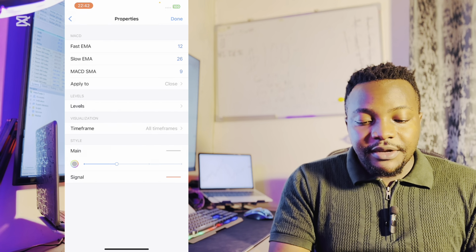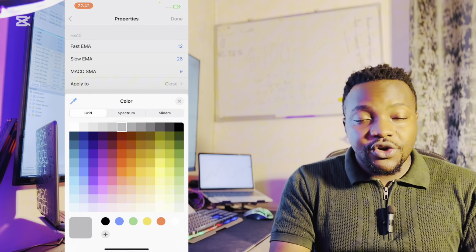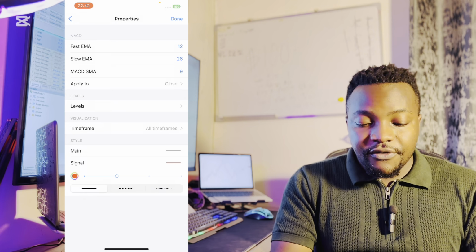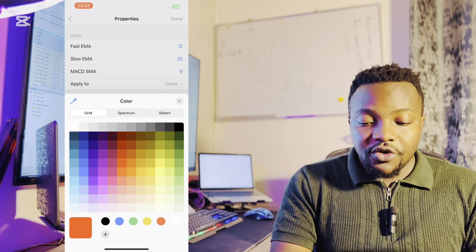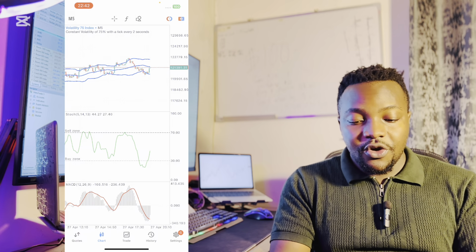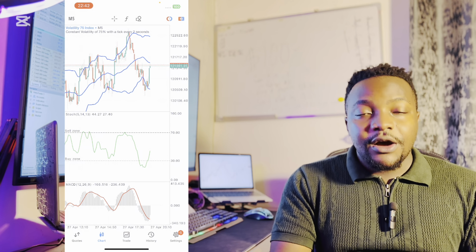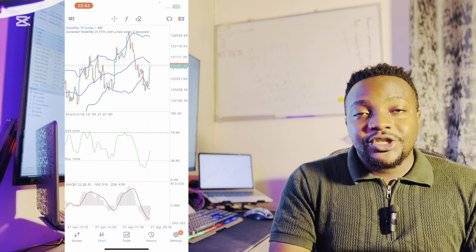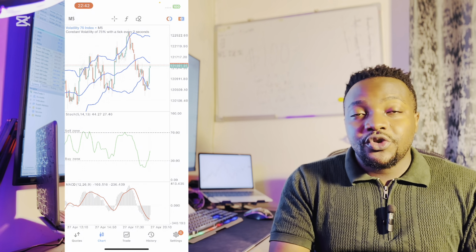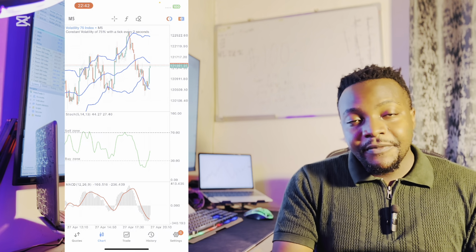But on our styling, please make sure you make the main gray, and on your signal it becomes red. So make sure you choose red on your signal as the color, and then once you're done, you click on done, and you should have something like this when you're done installing the 3 indicators. Okay, so once you have this on your charts, it means that you have successfully installed the strategy, and now